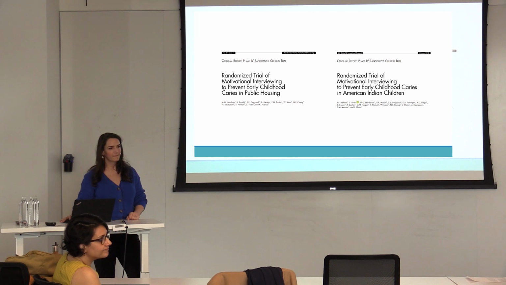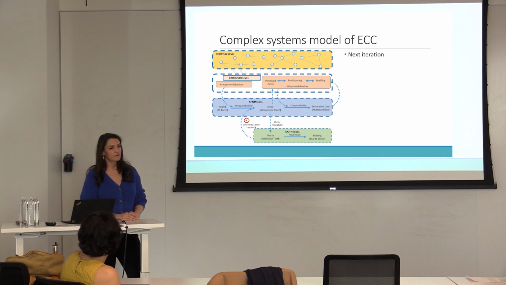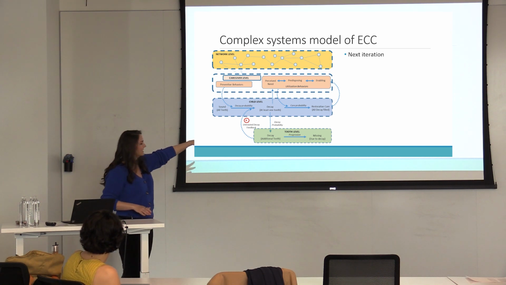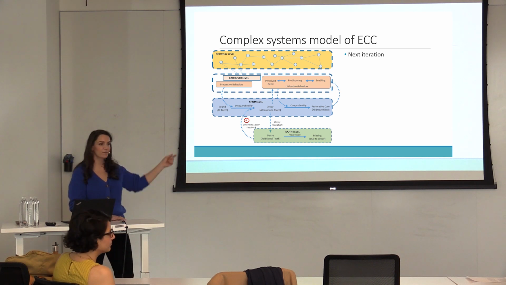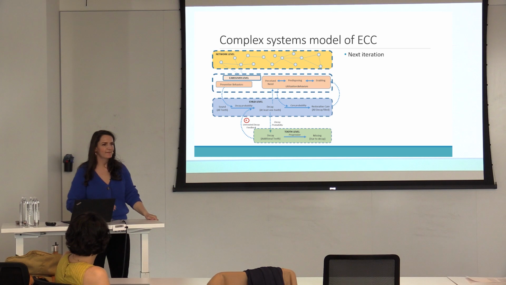I'm curious, if you can go back to the latest model slide, why do those bottom three need to be an agent-based model and not a stock and flow system dynamic model? It doesn't need to be. Okay. Are you talking about like sound to decay to restorative care? Like that could be a compartmental model. Is that what you're saying? Yeah, basically. It absolutely could.